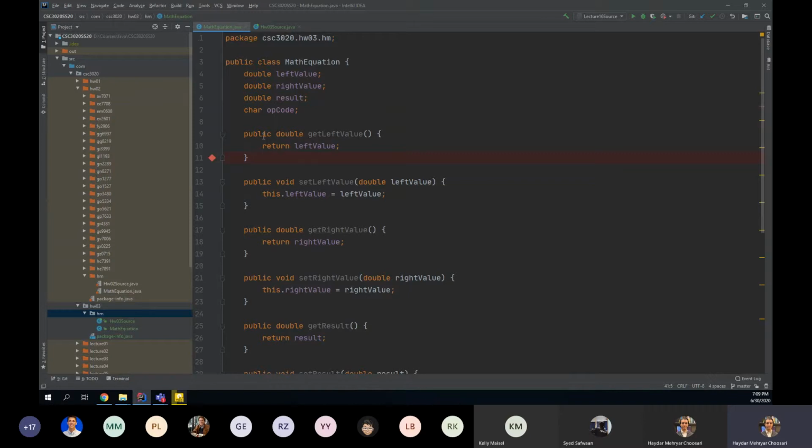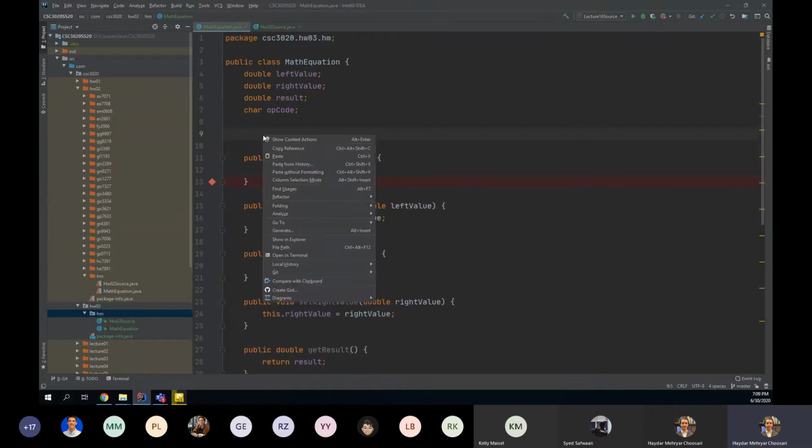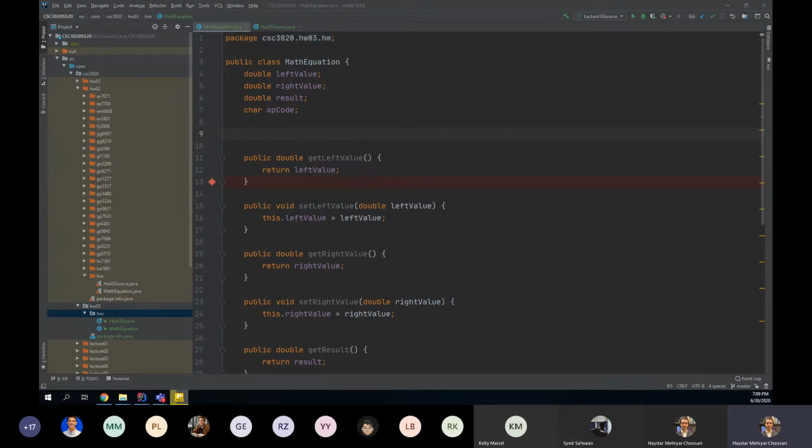We need some constructor for this, and the constructor can be of operation code, for example,